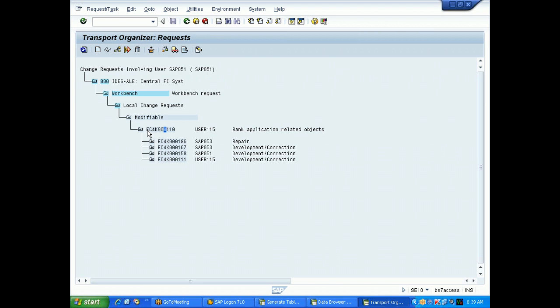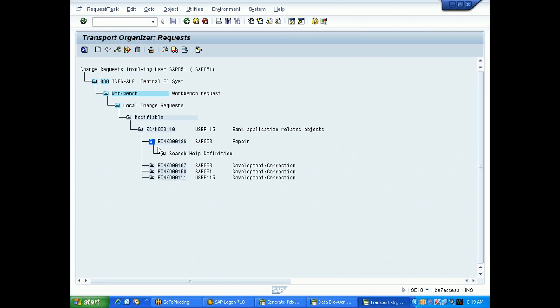So whatever you create, maybe a program, a table, or some data, you should save it on some unique number. For example, this is a transport request and every transport request will have some tasks. This is a higher level, all these are lower levels, right? So this is called a transport request and all these are called tasks. Each and every task has some programs.